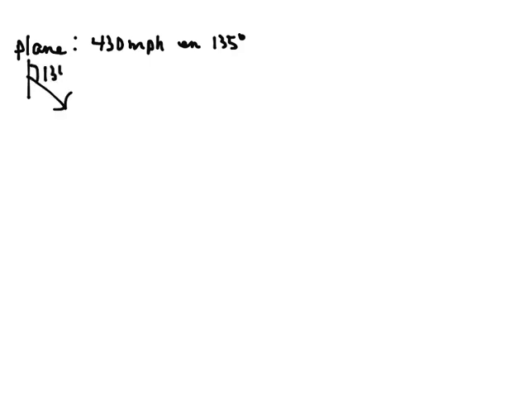So a bearing of 135 degrees, if we want to write that as a standard angle measured from the positive x-axis, would be the angle 135 minus 90, which would be negative 45 degrees. So a traditional direction angle, theta, is negative 45 degrees, or we could also say 315 degrees if we measured the other way around. And we want to take this plane and we want to write it in component form